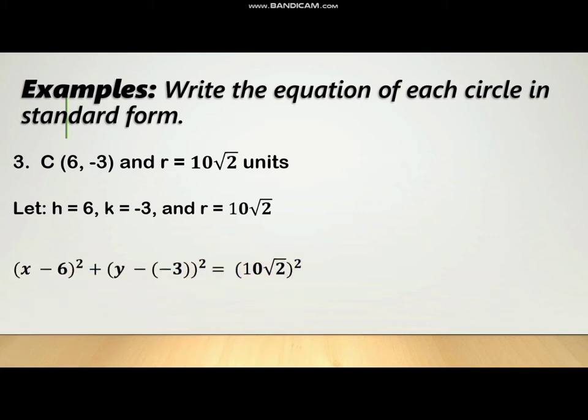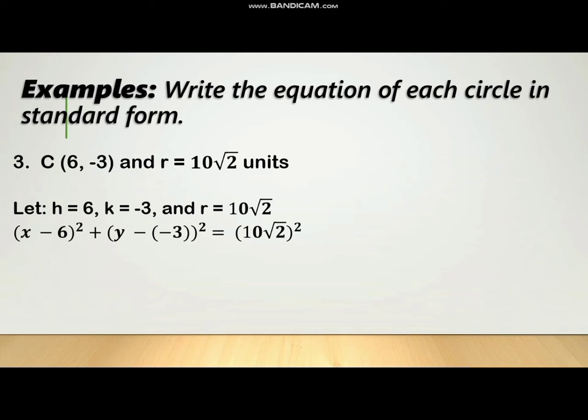Substituting the given to the formula, we have the square of x minus 6 plus the square of y minus negative 3 equals 10 square root of 2 squared. Let's simplify the y first. We have y minus negative 3, which is y plus 3. So the square of x minus 6 plus the square of y plus 3 is equal to